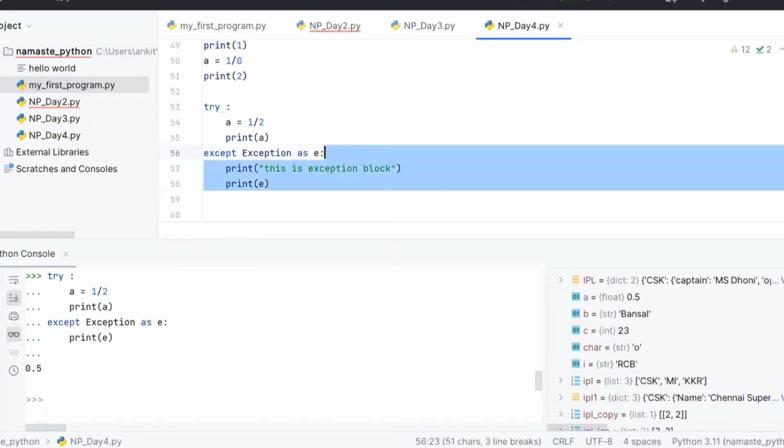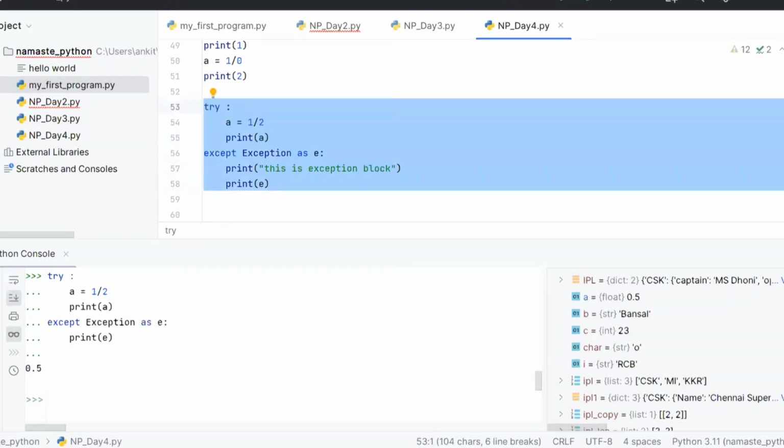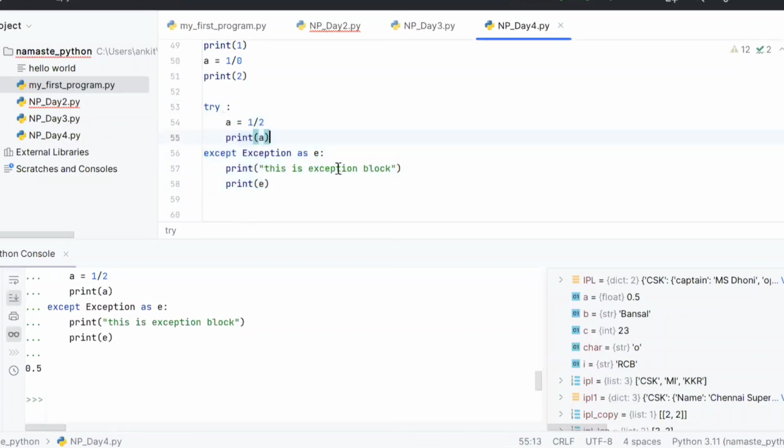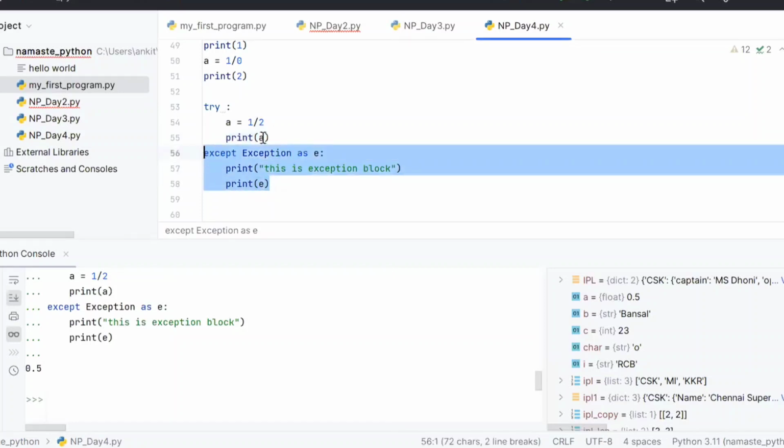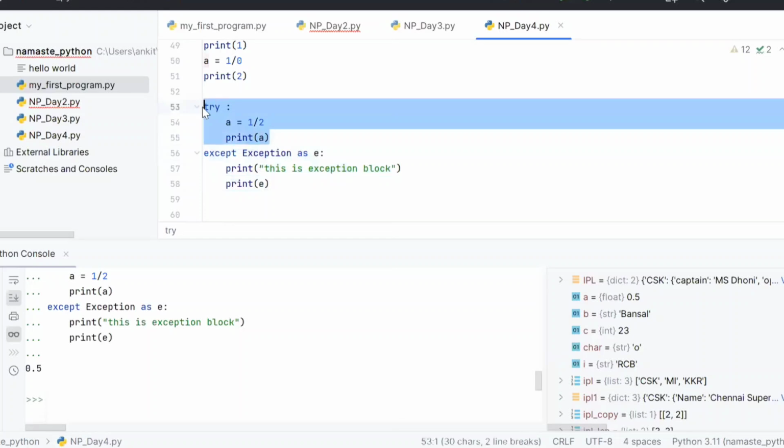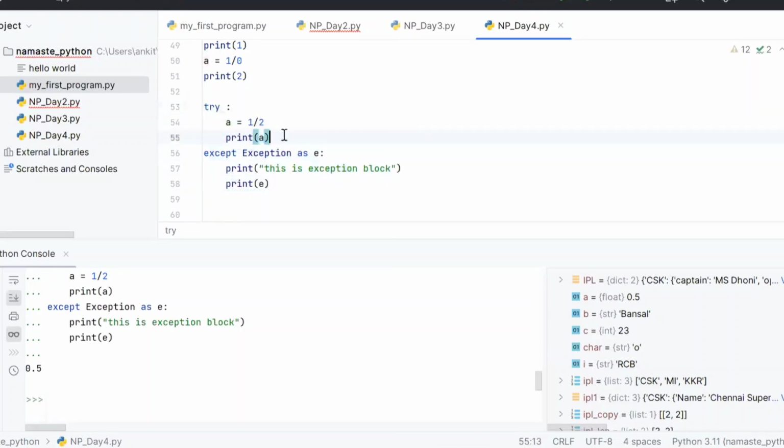Okay, and let me run it again. So if you see, this is my program and 0.5 is printed, right? But this is not printed. This exception block is not printed at all because it is not going here. There is no exception, so it is not going in this block at all, right? It will just do whatever is in the try and that's it. But if there is any exception, then it will come in the exception block.